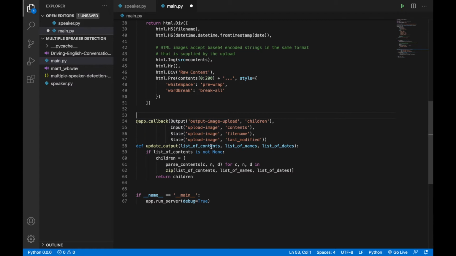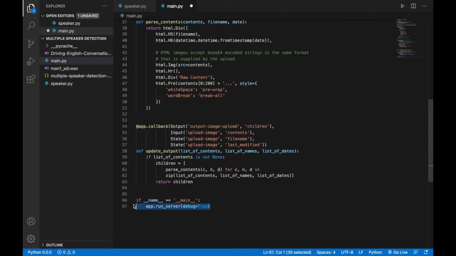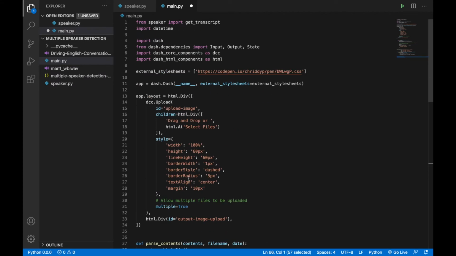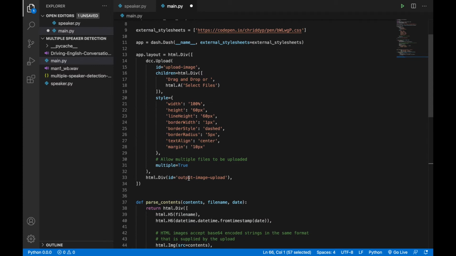For example, a user uploads the first image and then decides to upload the second image, then the file name and also the last modified date will be changed, and this will be passed in as inputs, and the front end will change according to the output children. And last but not least, the last two lines will be actually creating and running the Dash server. So let's make some changes to fit our project.